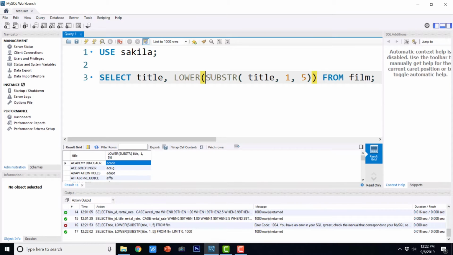The innermost function call is going to be executed first, and it is going to return the data which will be fed to the outermost function call. And we can have nesting up to any level. You can even have nesting up to 5 levels. So this is how we can have nested single row function calls in MySQL.